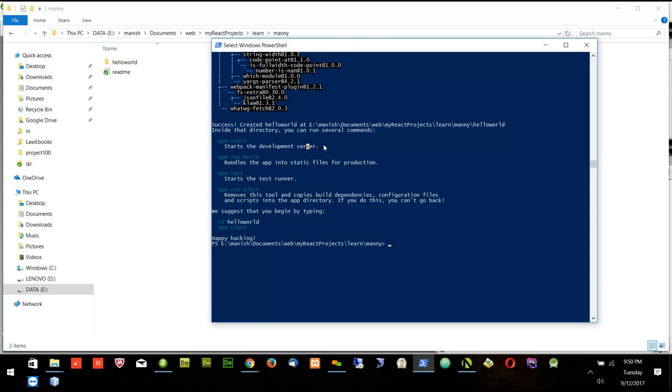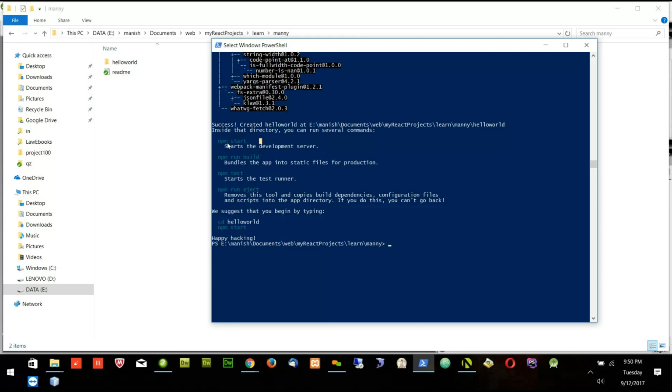It has nothing to do with the production code. Production code will be a little different. Whenever you want to push to the live website, you will not run npm start at that time. This npm start is only for development work. When you are finished with your project and ready to push it to production,